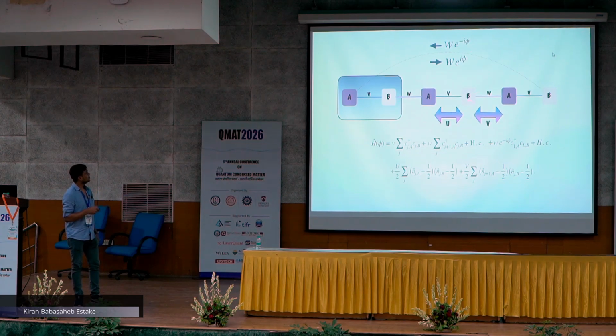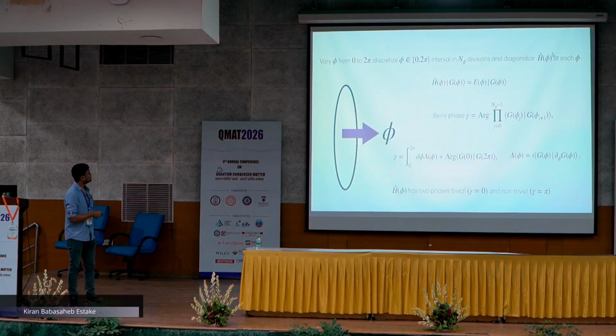So to do that we apply periodic boundary conditions along with this phase e^{iφ}, and this particular boundary condition is known as twisted boundary conditions, and this angle φ is known as the twist angle. And this is now the interacting Hamiltonian along with the twist angle φ, so it depends on this angle φ. Now this twisted boundary condition is equivalent to having a closed loop that is made out of this SSH chain and having this magnetic flux φ being passed through this closed loop.